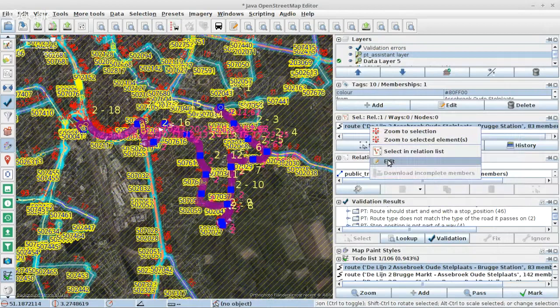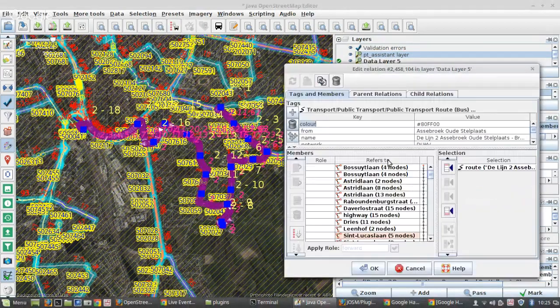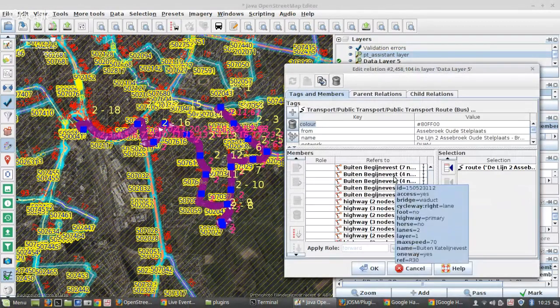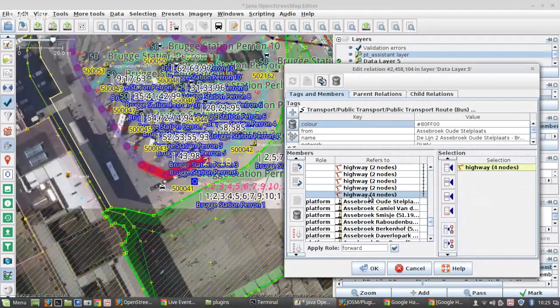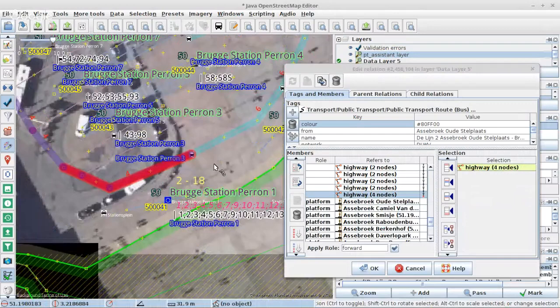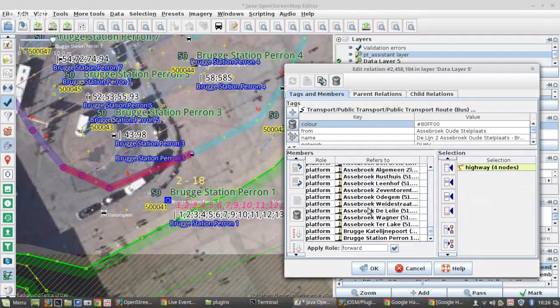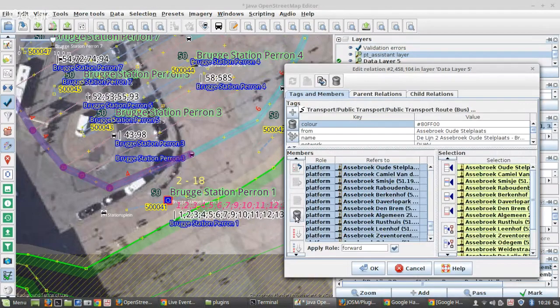That is ending in Brugge station. Some editing. Again, I find that the stops are not sorted correctly. So let's go to the last way. That looks good. So this is the stop that needs to be served, and it's ending there on a stop position, so that's fine. Only the stops are not sorted correctly. So I can do it like this,